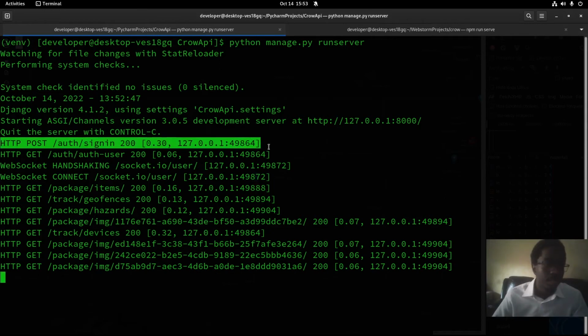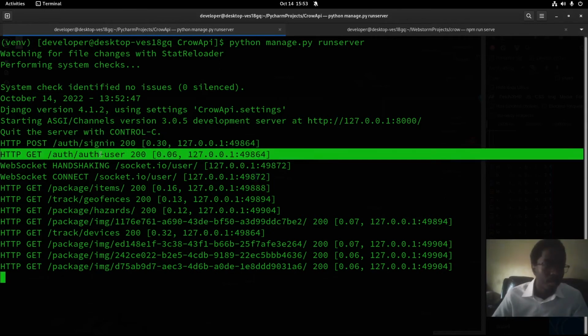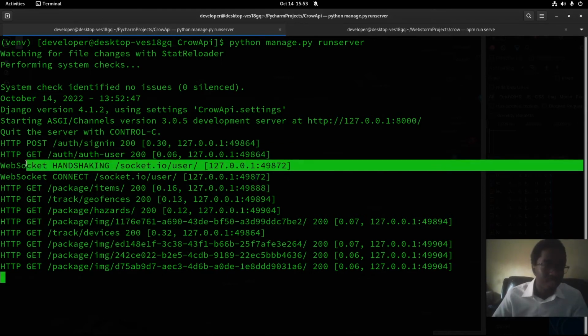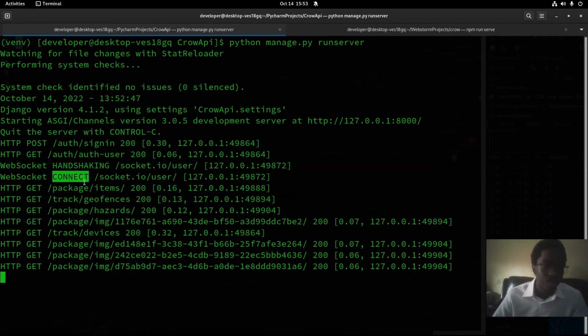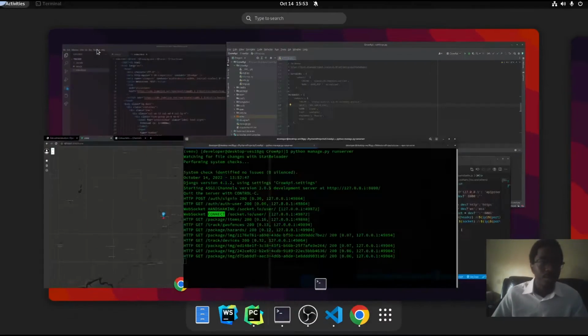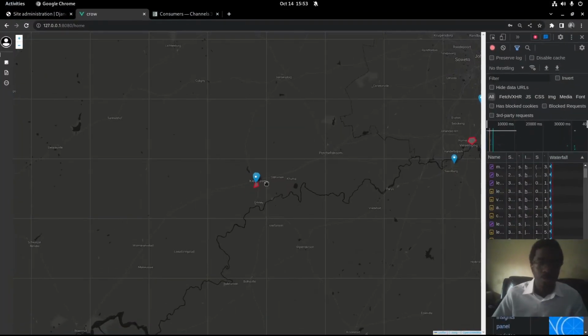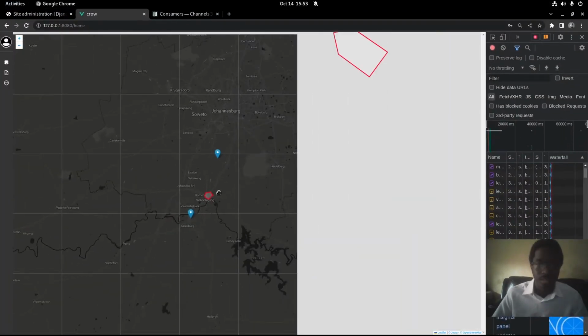So post auth sign in, auth, the user gets the auth user details, and then after that we upgrade a connection. So handshaking and socket. Then we establish a WebSocket, and this one is connected. It's been accepted. So it's one part. Now, when it comes to these devices,